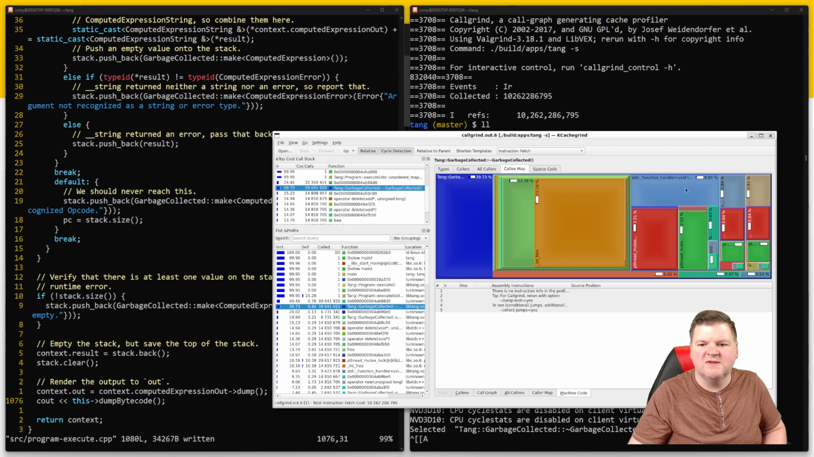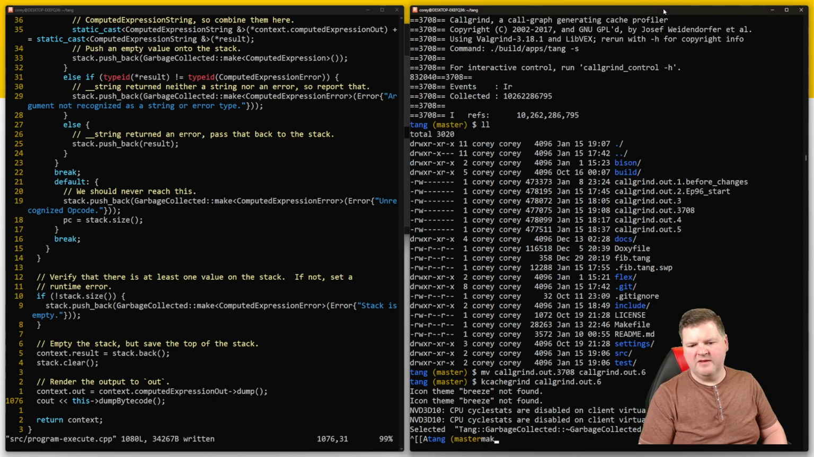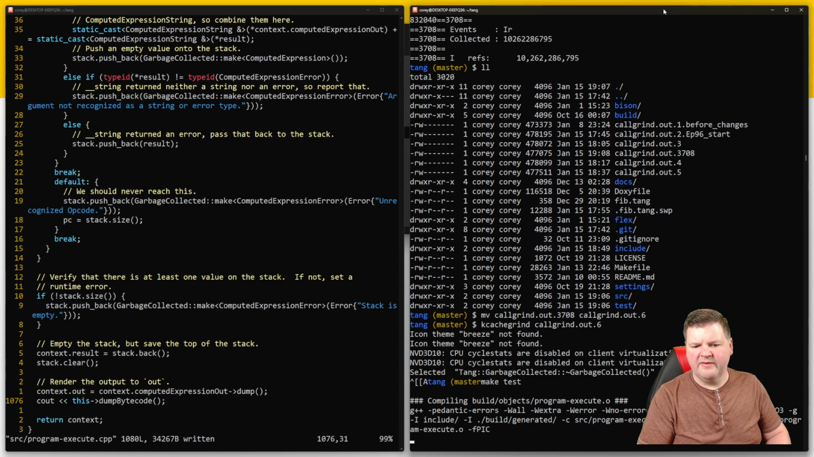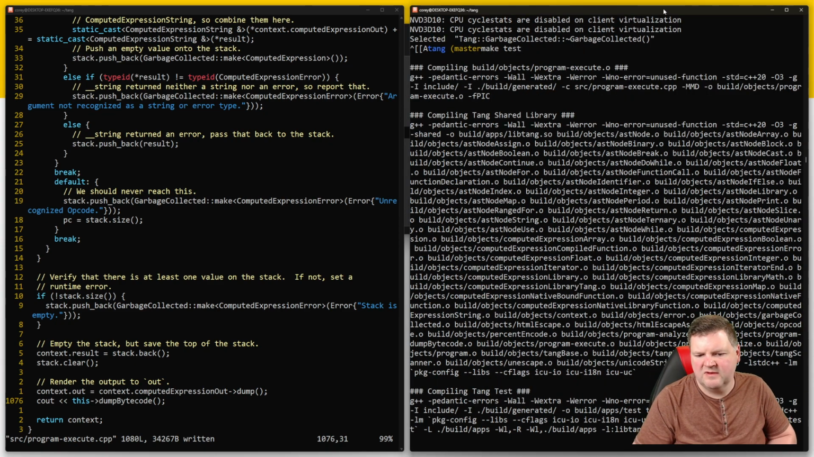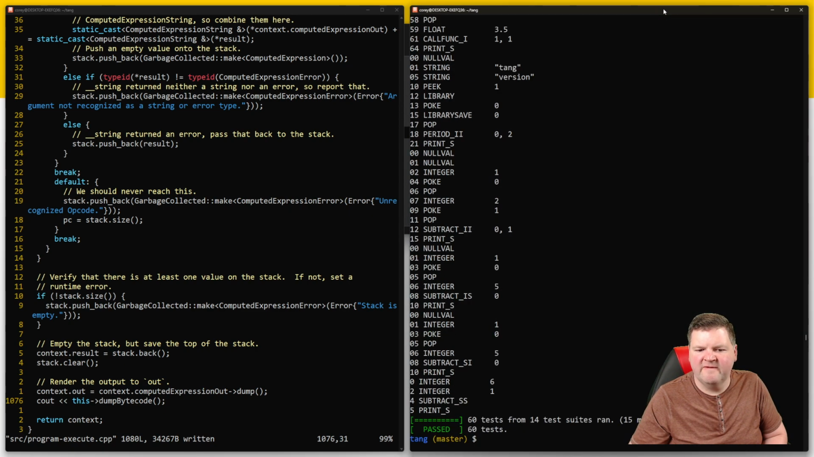KCachegrind is running. I need to close that. I want to know what the bytecode looks like for Fibonacci. Of course, it printed out a lot of stuff, but